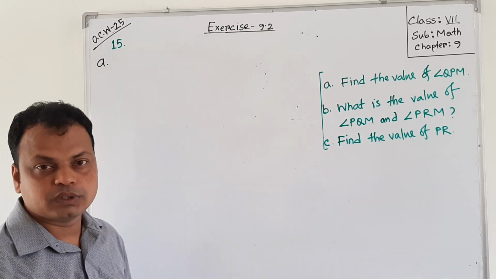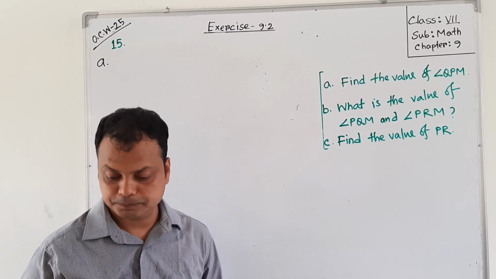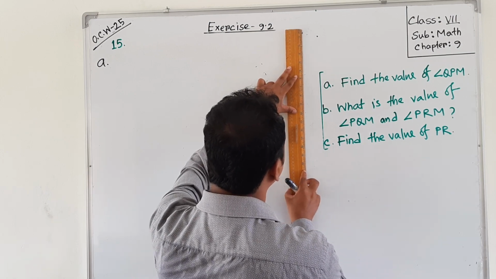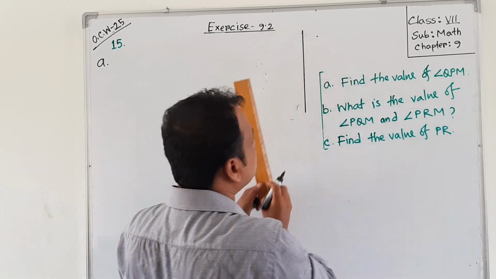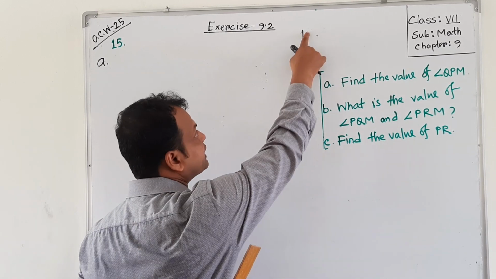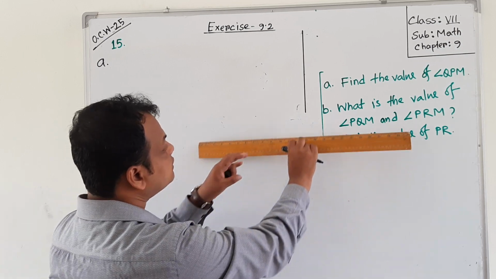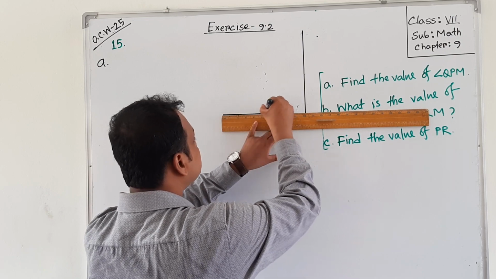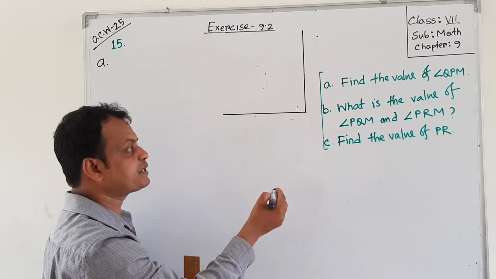A number question. In geometry, a figure is a must. So at first we will draw the figure. Consider the length of the side is 5 centimeters. So what will be the length of this side? 5 centimeters. And we will draw another side. The length of the side will be the same, so the length of this side is also 5 centimeters.